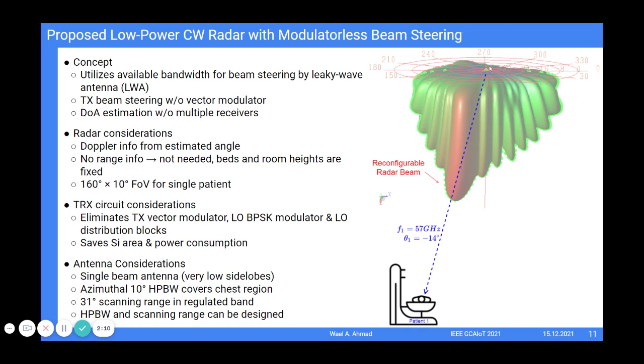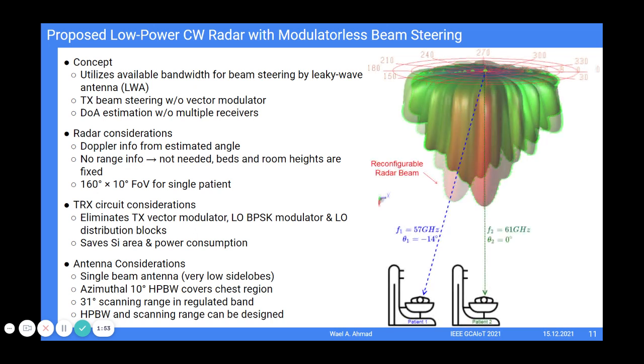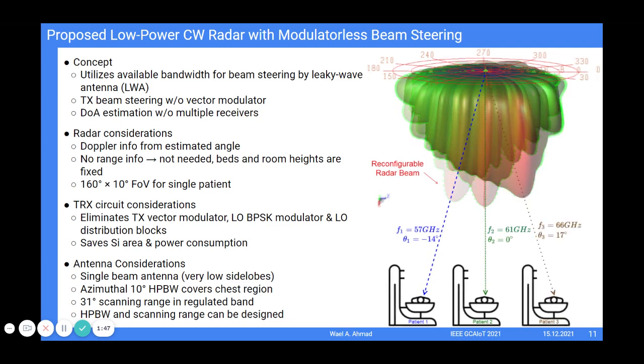Let's imagine the environment of a multi-patient room, and the sensor is put in the ceiling, and now the radar is configured at this frequency or at this angle. Another angle, or if we just scan the frequency, the LO frequency of the radar can focus on another patient, another space, and also another one. So according to the input frequency, the beam is scanned toward a certain direction, and the receiver is sensing from a certain location. According to the available bandwidth, we can define the